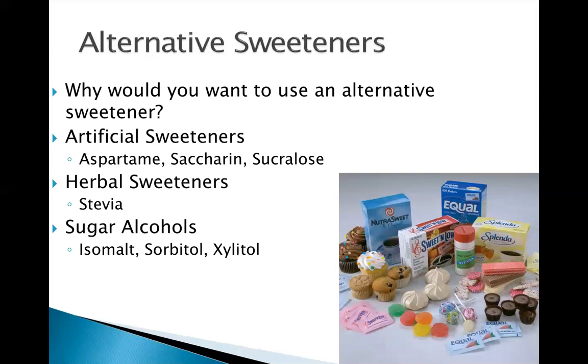Sugar alcohols are commonly used in sugar-free gums and sugar-free candies, and sugar alcohols do give us a little bit of caloric value, about 0.5 calorie to 2.5 calories per gram. Sugar alcohols are not broken down by bacteria in our mouth, so they can be potentially good alternatives, especially for a candy or a gum, something that's going to stay in your mouth a long time, because it won't cause fermentation of the sugar and it won't cause acid buildup that leads to cavities. In fact, sugar-free gums have been associated with lower incidence of cavities.